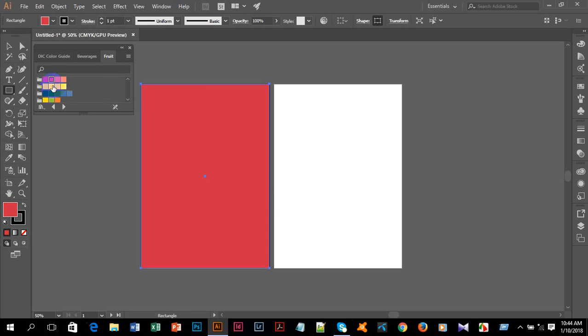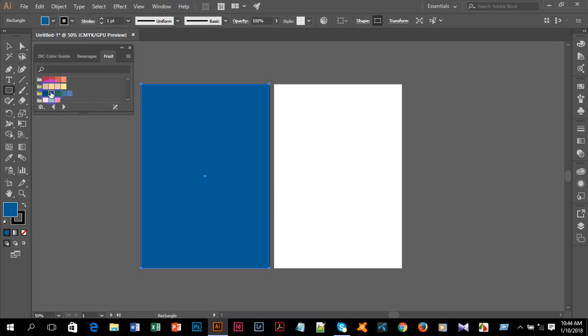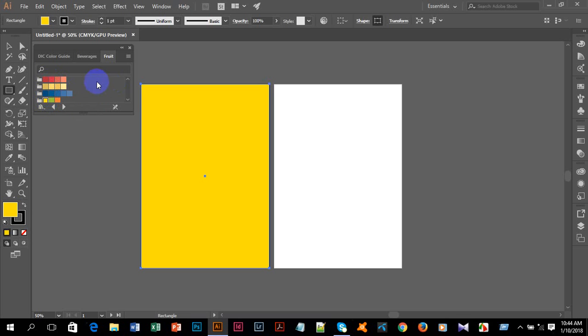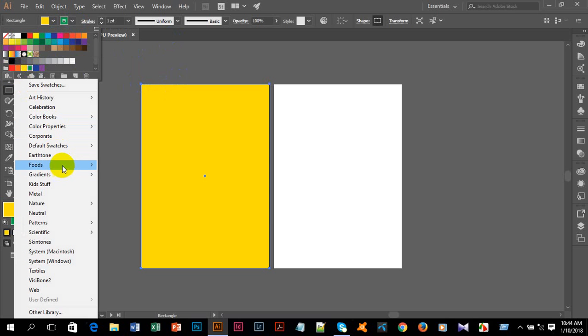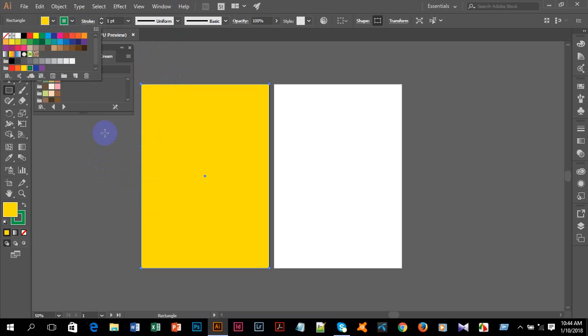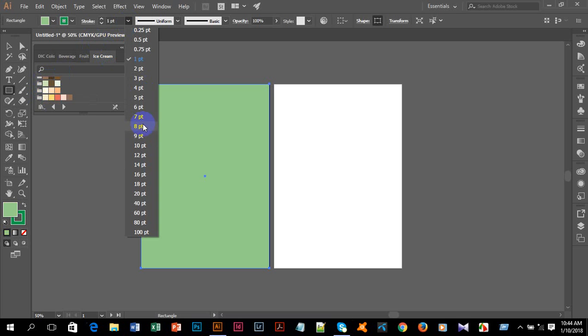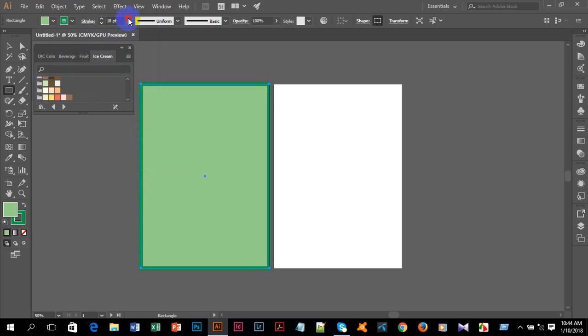Fill color will be changed, and I am closing this and going to the stroke color box, and changing the stroke color, going to the library and again Foods. Then I increase the point size of this.